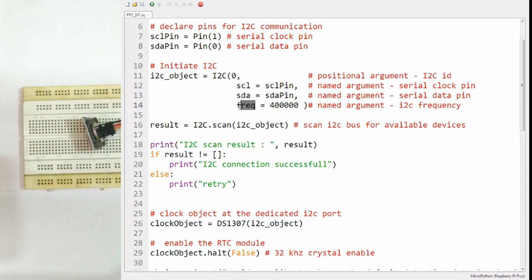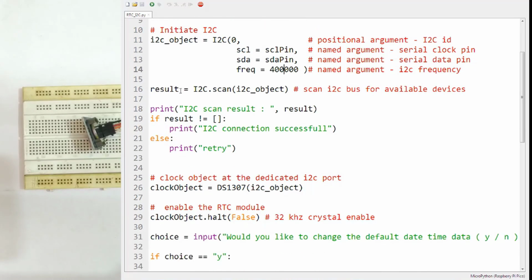And now you have to set the frequency of the I2C communication. In this case we will set it to 400,000. This is also a named argument, and I think this is the maximum frequency that this I2C supports, but I am not sure here, so please verify the facts.